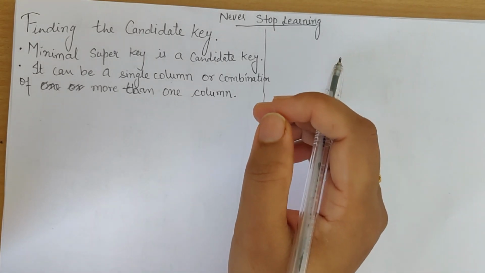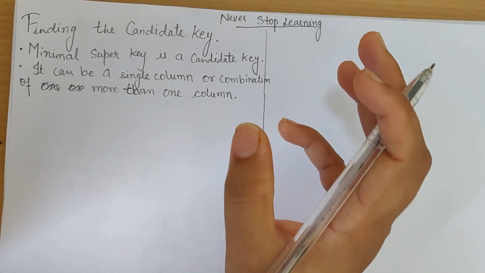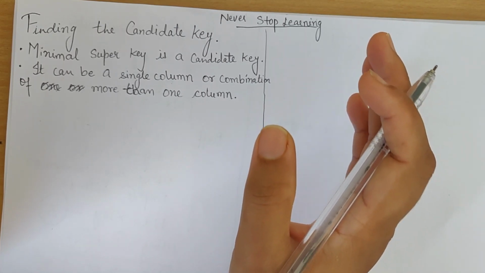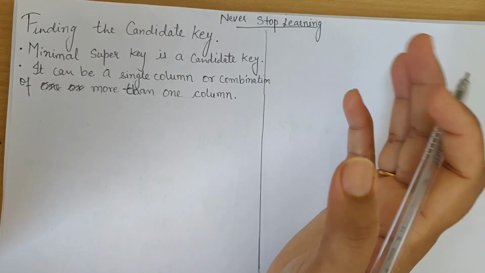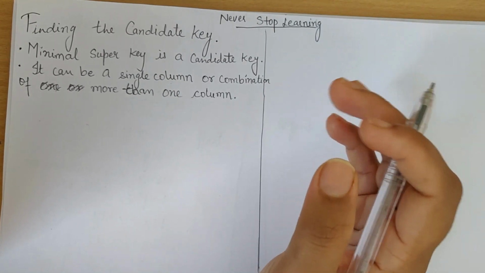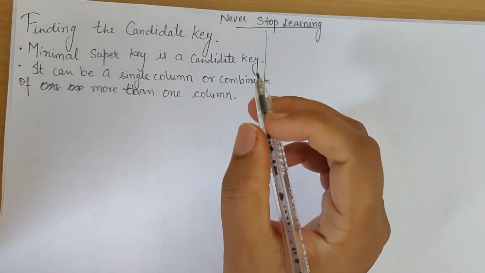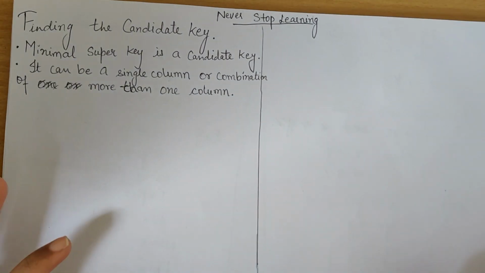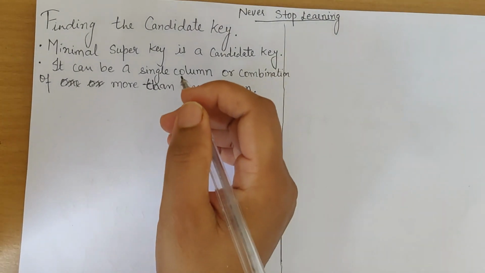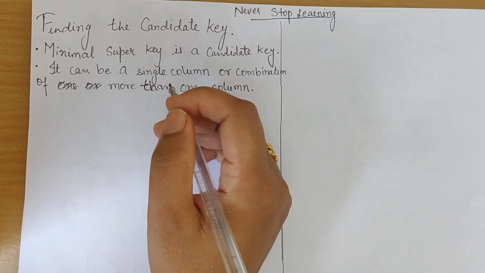The first step in the process of finding a normal form and decomposing a relation to be in a good database design, in the process of normalization, is to find the candidate key. So this is the base of your normalization. Understand it very carefully, and let me take one example.